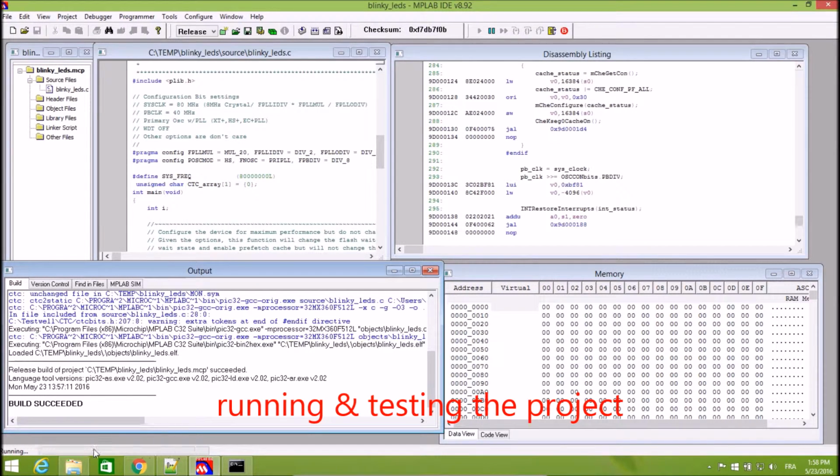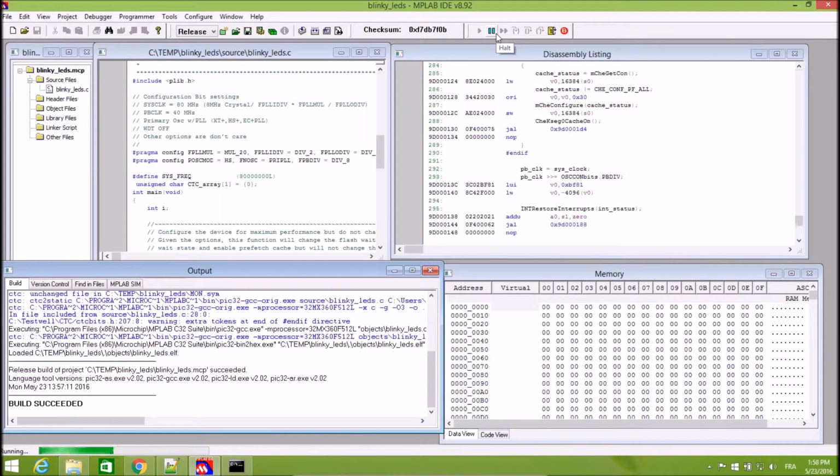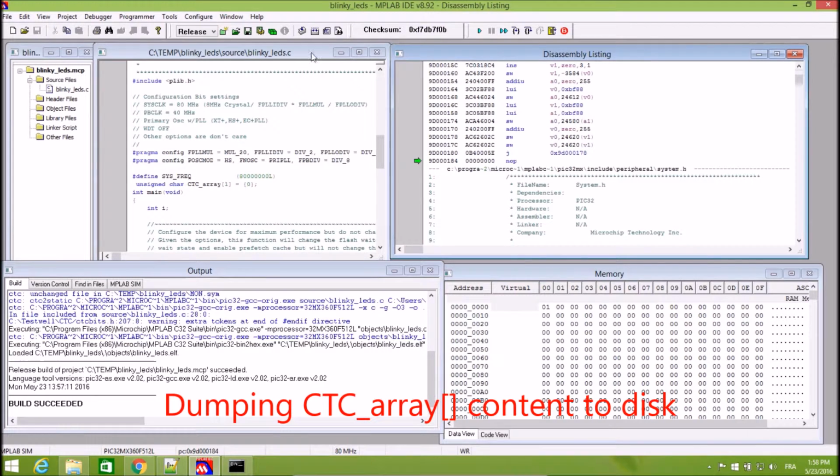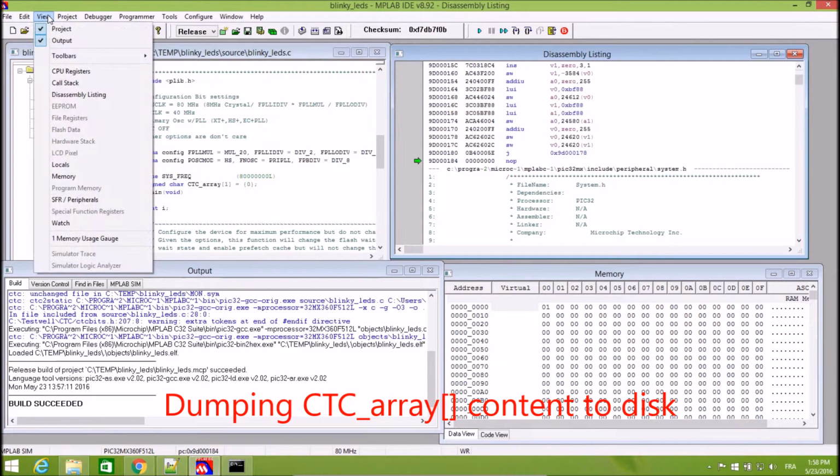So the application is running, and normally, given the name of the project, you should have some LED blinking somewhere on the board, but we don't have any board. We're just using the simulator, so we just rely on this example working directly. Now we can halt the execution, and we could try to find the CTC array variable, for instance within a